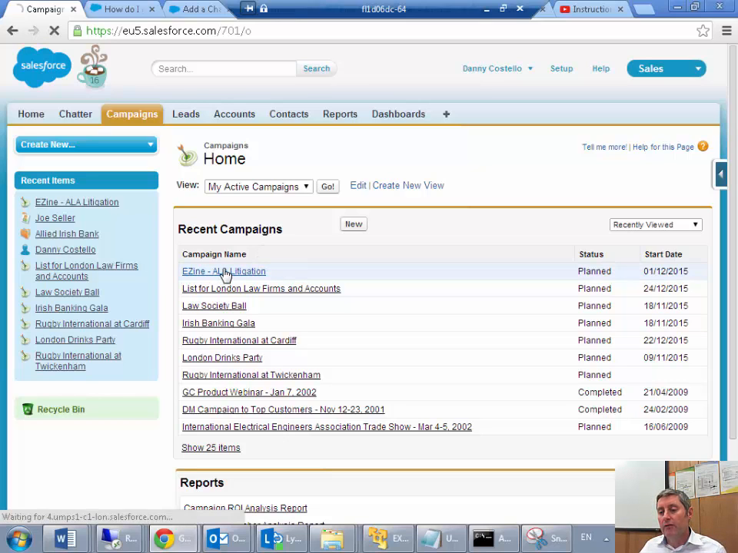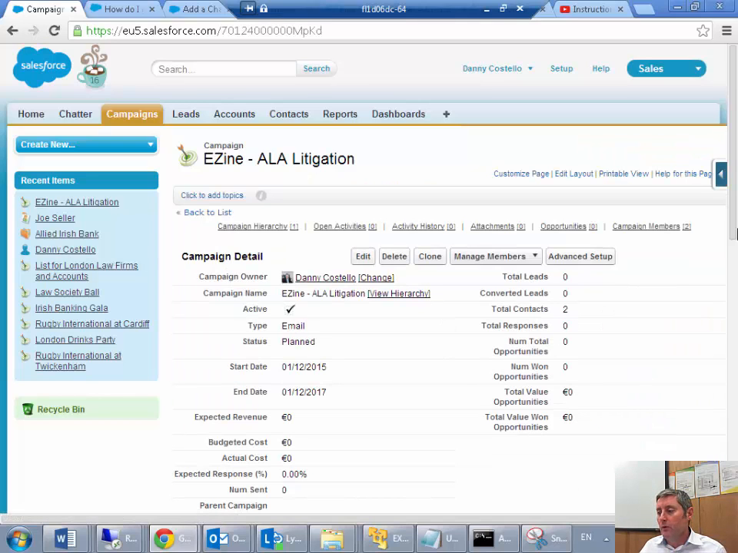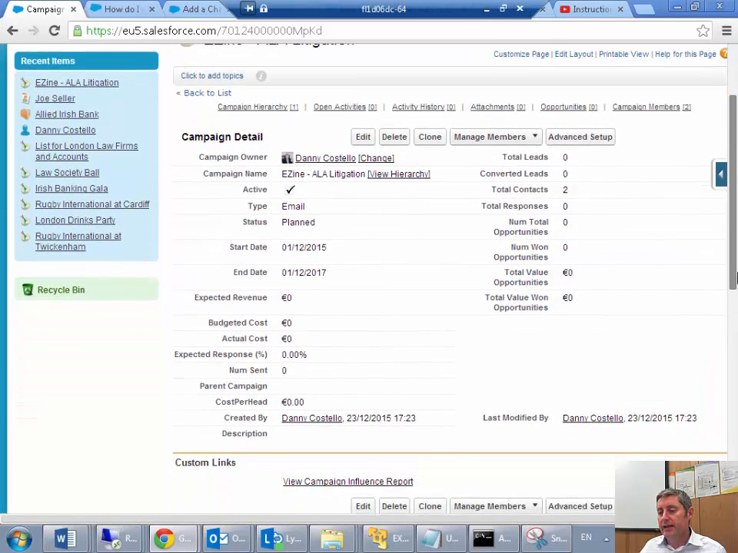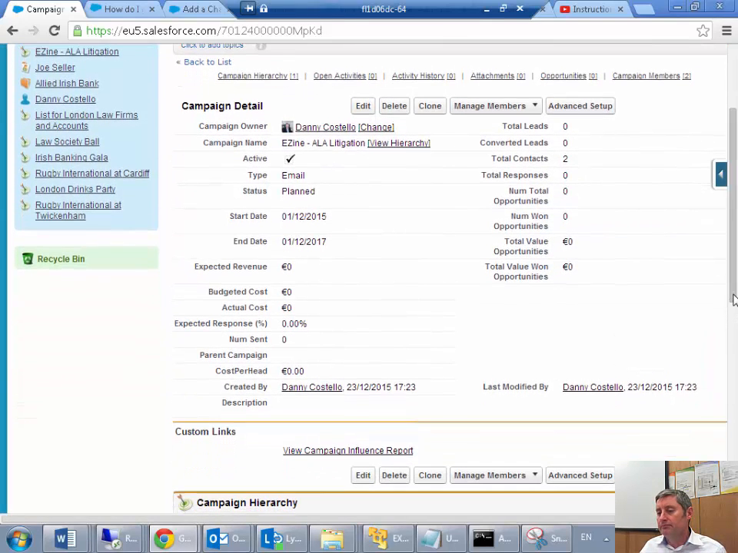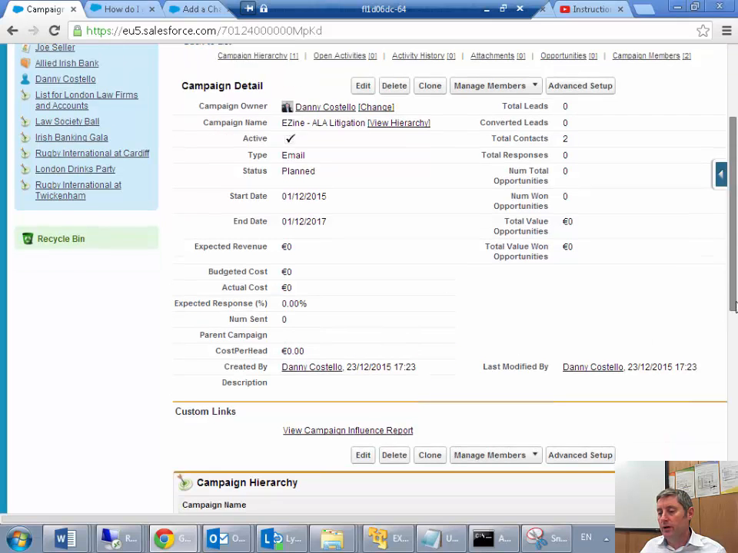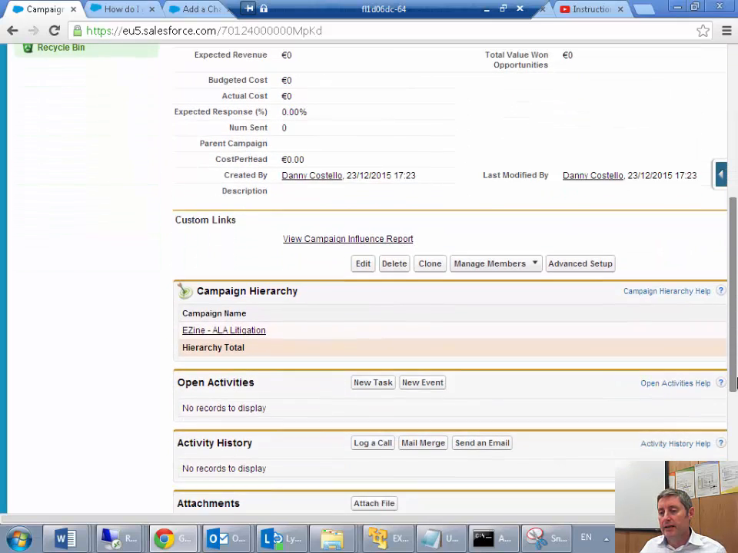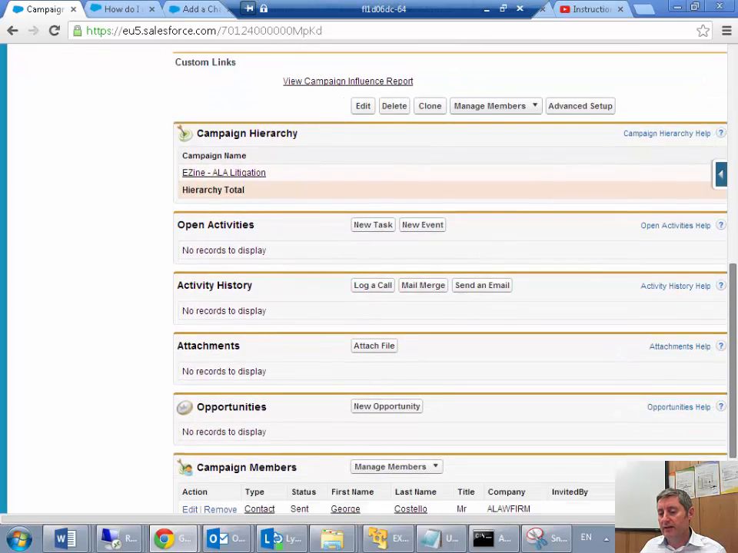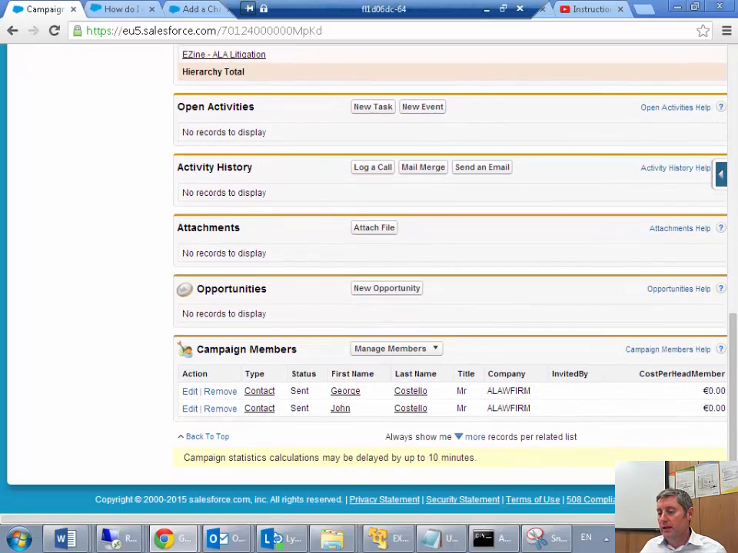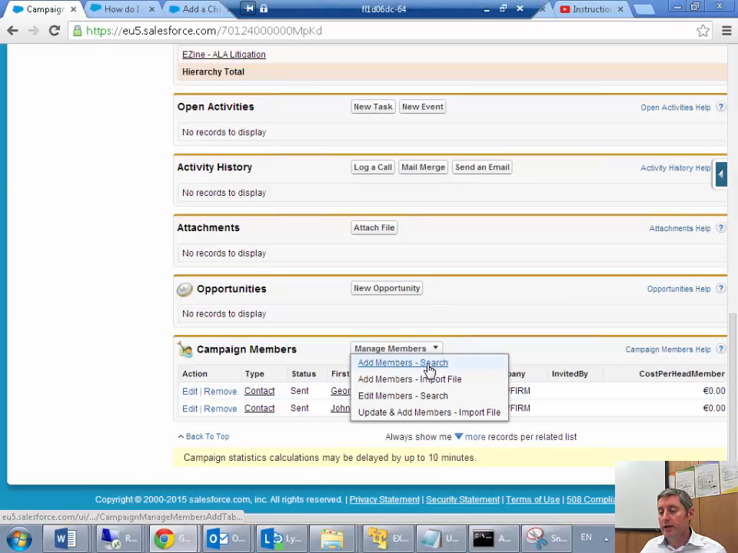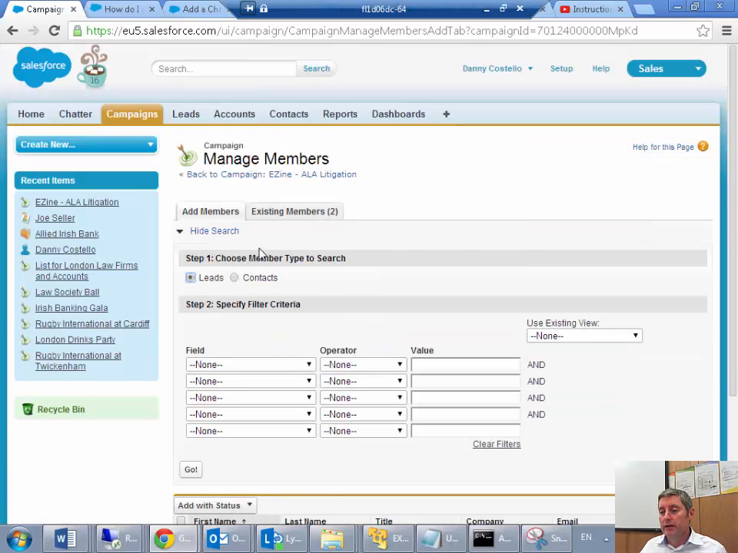Okay, so if we come in here and have a look at this presentation, we can see that this is an e-zine. It's been planned. I'll come back to this cost per head in a minute on a different event, and I can add in people who have attended this event. So I have some people in here already, and you can see that I have a custom event invited by field. So if I come in here and add in a new member to this,